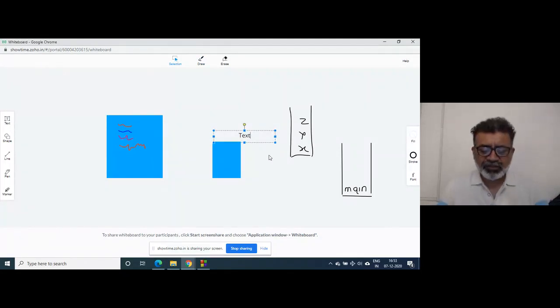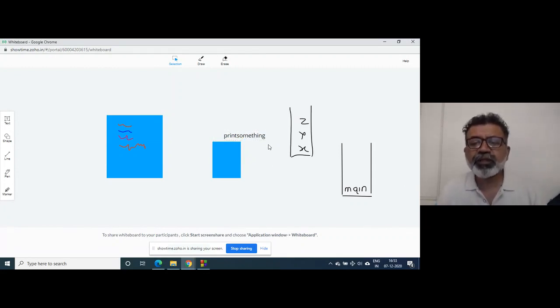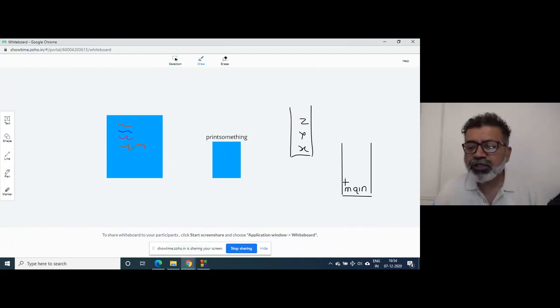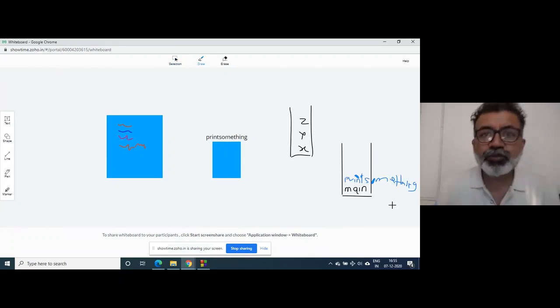Suppose the name of this function is print something, right? This is the name of the function which we have called. So when this function is called from this point, then it is pushed onto the stack. So the print something function is pushed onto the stack.